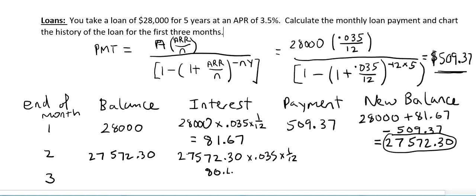It's $80.42. I make the same payment, 509.37, and so my new balance now is 27,572.30 plus the interest of $80.42 minus my loan payment of 509.37, and that leaves me with a balance after 2 months of